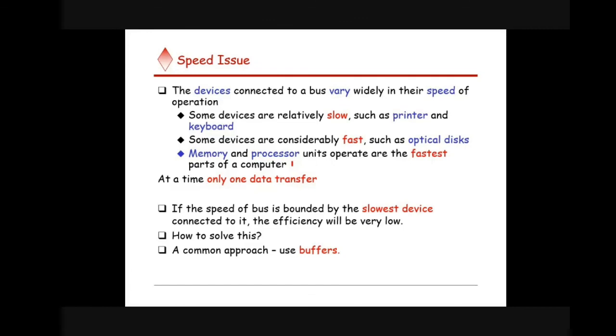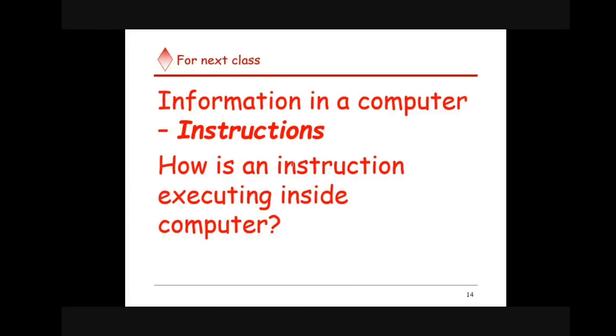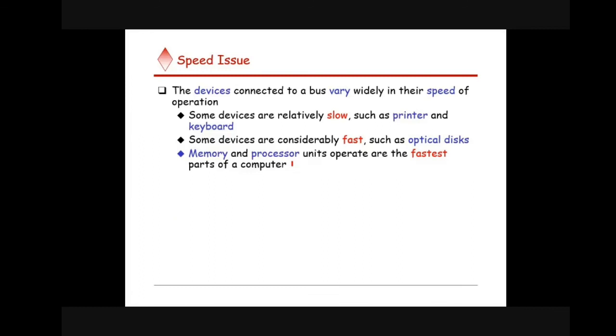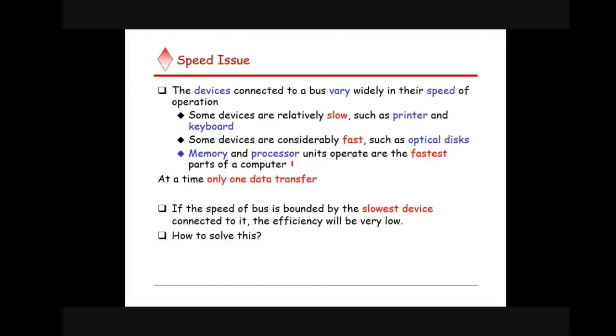Okay, this is all about today's session. We have studied two things. One is what the different functional units of a computer are. After that, we discussed what we mean by a bus structure, a single bus structure. This diagram is also important. What is a single bus structure? After that, what are the drawbacks of this single bus structure, and how can you solve them? So those are the things for today's session.